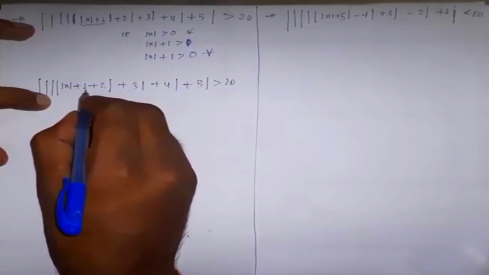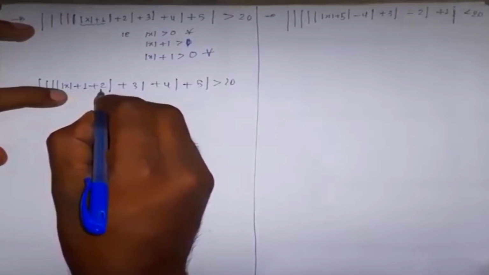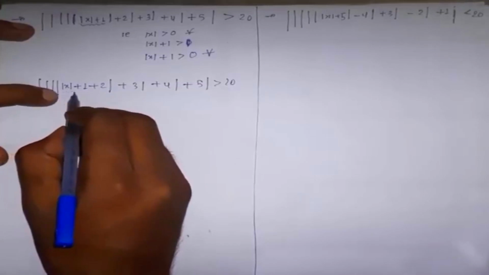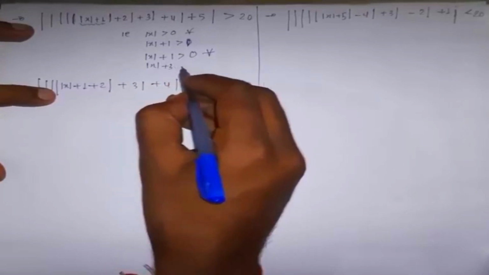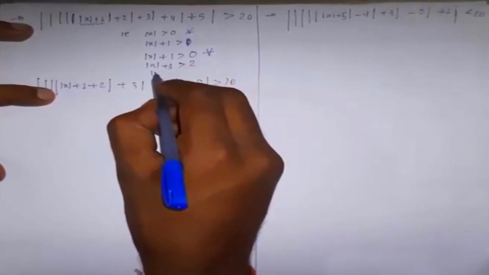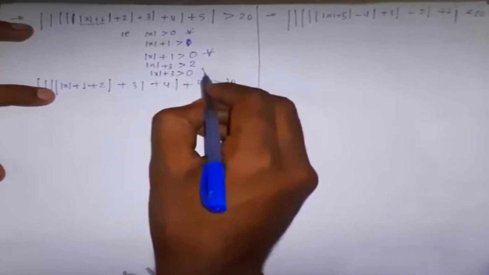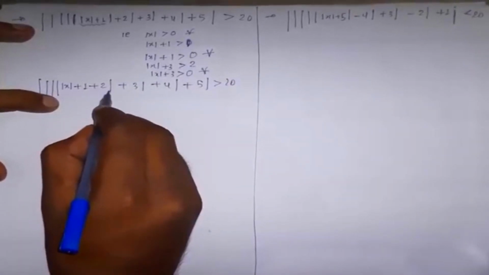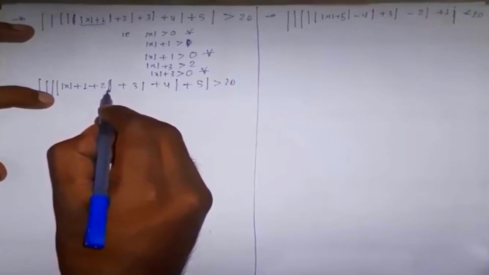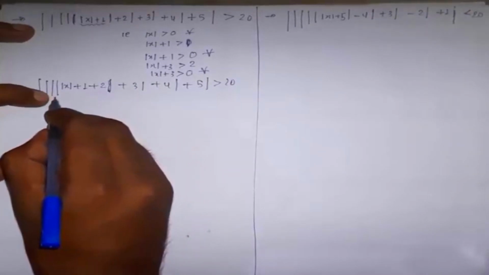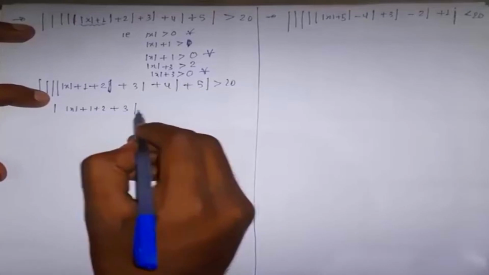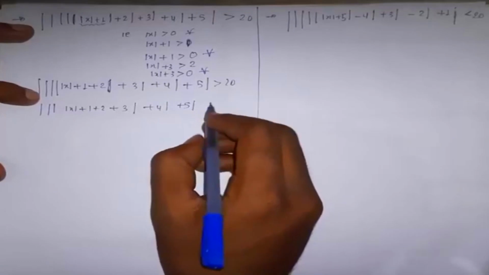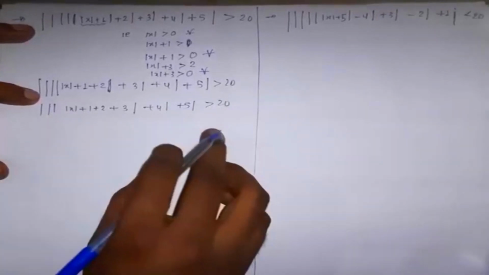Now we are adding this. This will be mod of x plus 3. Mod of x plus 3 will always be positive, because if we are adding 2 in this, then it will become 3 with the 2. Mod of x plus 3 will be positive for every x. So this portion will be positive, so this modulus sign will also open as positive. So this will become mod of x plus 1 plus 2 plus 3, plus 4, plus 5. I hope it is clear. Similarly, we can expand like this.